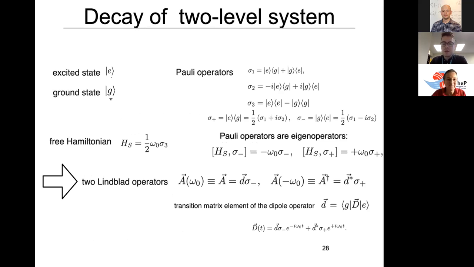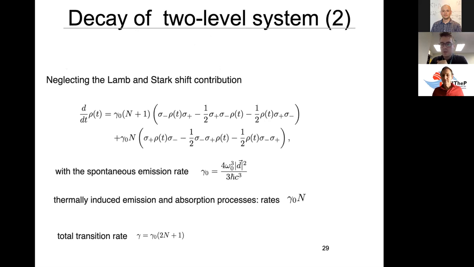Sorry, let me just finish this, and then we can ask people for questions. So hopefully at this point it's clear, or at least people understand more or less what I've been doing. But basically, in this particular example where we're taking our open system to be a two-level system or a two-level atom,